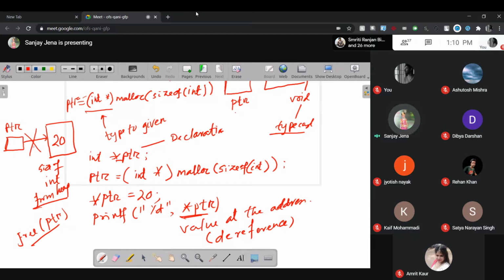Okay, let me give you an example, then I will go for more on that malloc. Like malloc, you have to use calloc. Calloc has 2 parameters, malloc has 1 parameter. Has to write down the 2 function signatures.